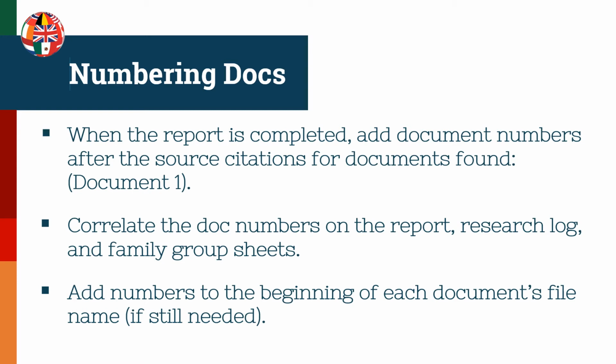For that reason, you'll want to wait till the end to also correlate all the document numbers on the report, the research log, and family group sheets. And then you will need to add the numbers to the beginning of each document's file name, if you still need to do that. So if you're confident that you're not going to rearrange, you could, as you are writing, just put in document 1 and add that to your document's file name